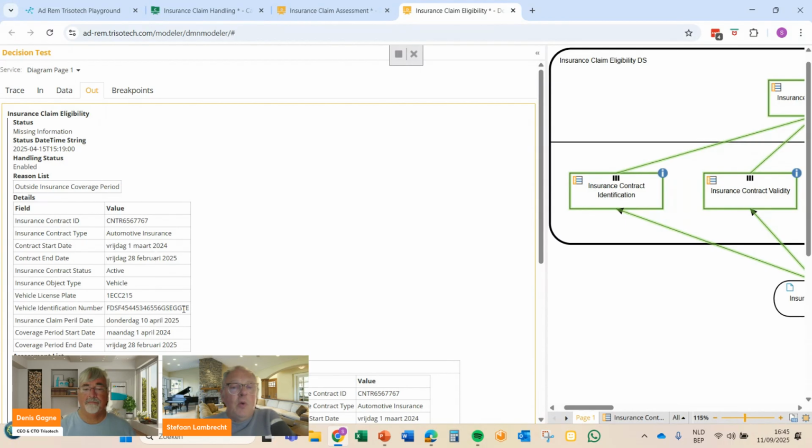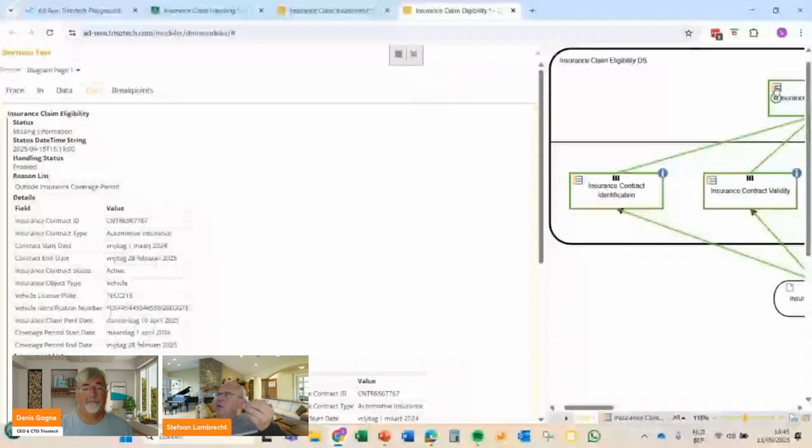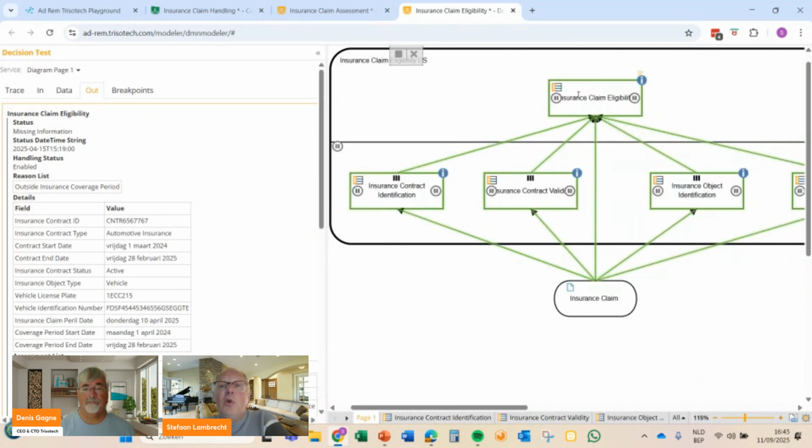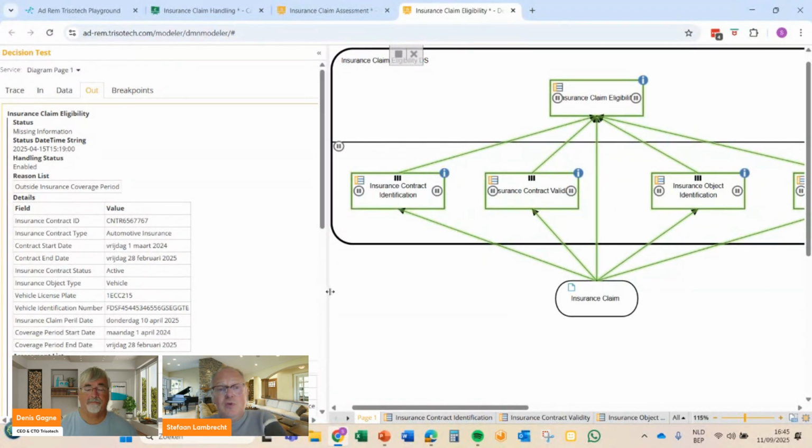Missing information, why? Because in the logic at this level, we have specified that if the coverage period is not okay, we want a human agent looking at it instead of taking an automatic decision that we will refuse the claim.